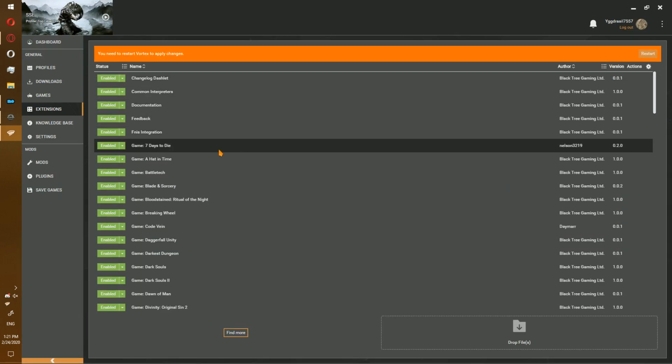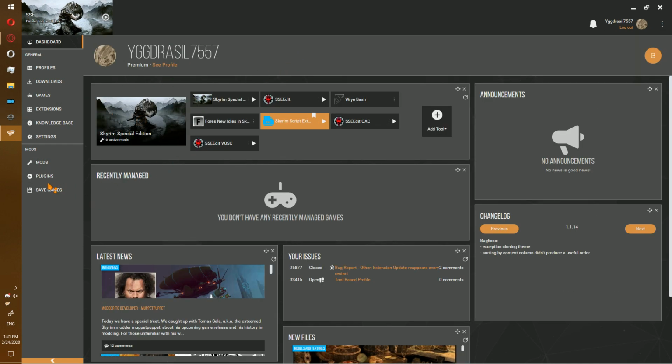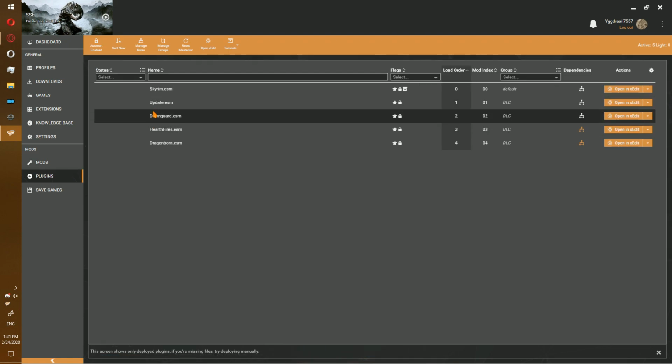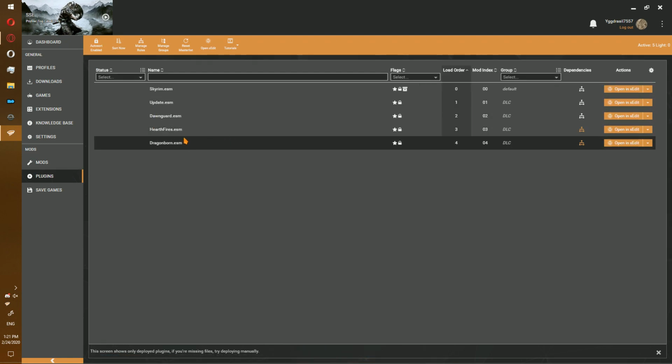Click Close. And once you are back into Vortex, you can go to Plugins. And now, instead of having to open xEdit each time, you can right click on any plugin that is dirty and select Clean with xEdit. This is a much simpler way of